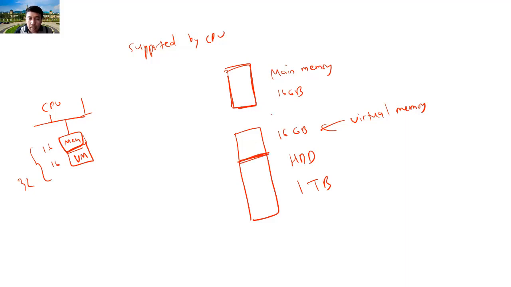Okay, so this is virtual memory. You have a virtual address. But remember that this is on the hard drive, so it is slow compared to this one. But in a way, it does not limit your program to 16 gigabytes. Now you can have a 32 gigabyte program, or if you allocate more, maybe 48, maybe 64